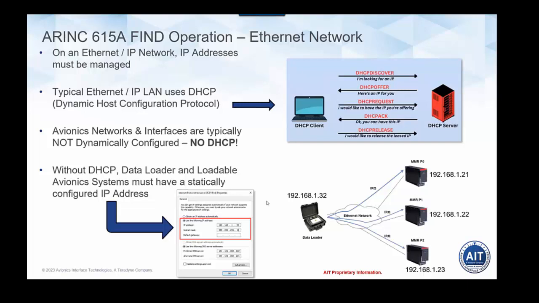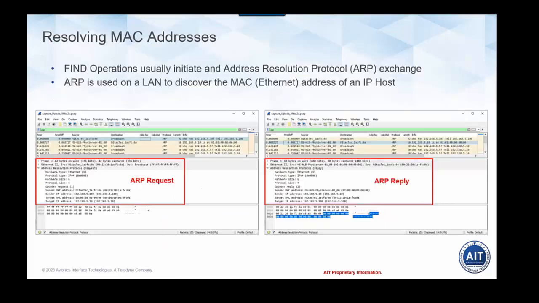So what that means is typically inside of a data loader, you have to select a configuration based on the aircraft or avionics network that you're connected to, so that data loader can be statically given or told what its IP address should be to get on that particular aircraft or subsystem network. The other kind of housekeeping of note to be able to connect to an Ethernet network used for data loads